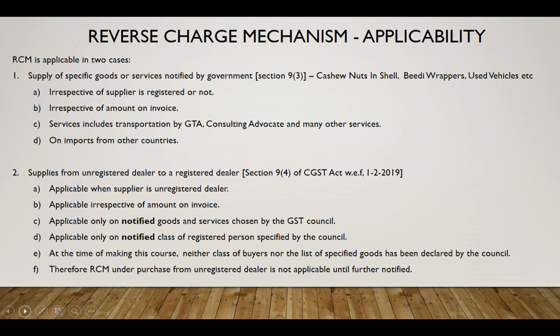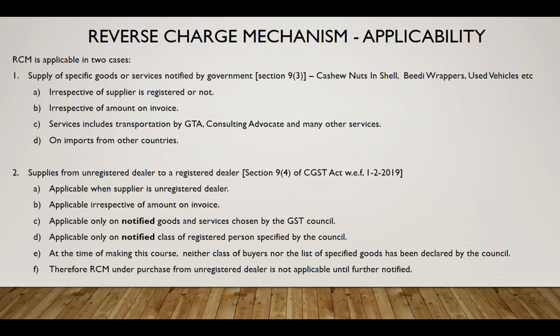And if we talk about services, then services like transportation by goods transport agency GTA, or services from an advocate, and many other services which are listed by the council, trading of those goods and services falls under reverse charge